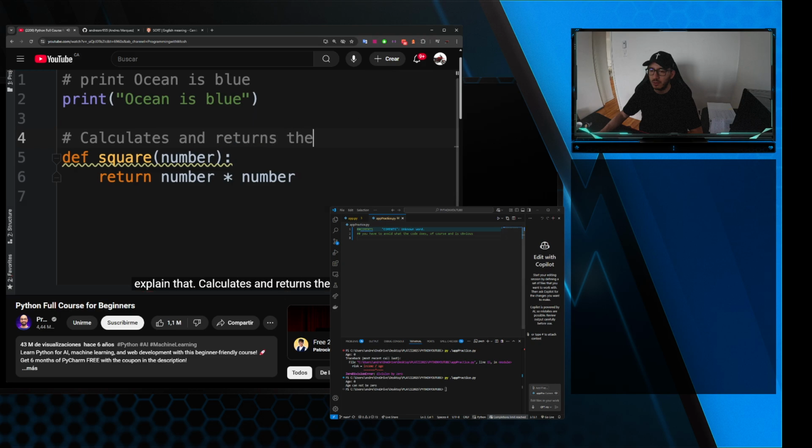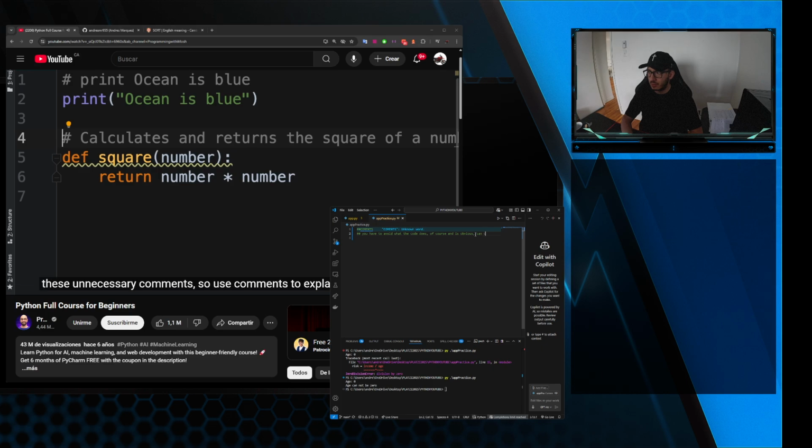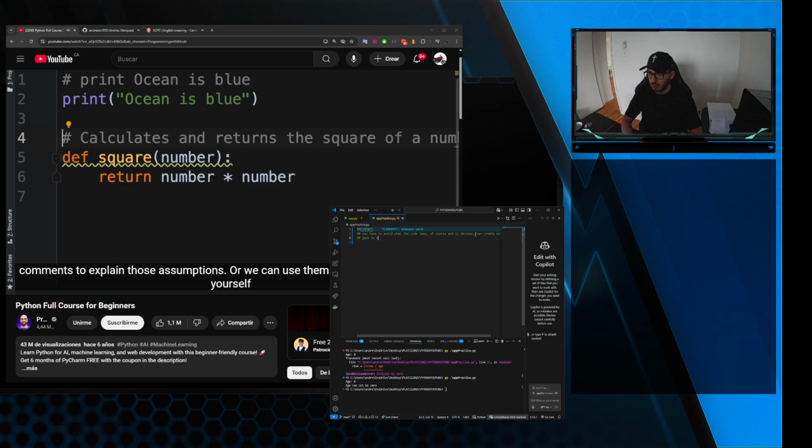A comment like "calculates and returns the square of a number" is very repetitive and it creates noise in your code. Someone else reading your code, they get distracted with all these unnecessary comments. So use comments to explain whys and hows, not whats. If you have made certain assumptions, you can use comments to explain